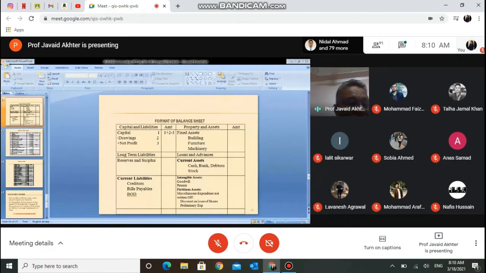What is the capital in terms of asset, capital and liability? Capital in a sense is your internal liability. Originally, the equation is written as A is equal to C, asset is equal to capital. Capital is further divided into two, internal liability and external liability. Internal liability is the internal liability of businessmen towards business. A businessman is considered as an agent only, one who carries on the particular activities on behalf of business, somebody who is interested.